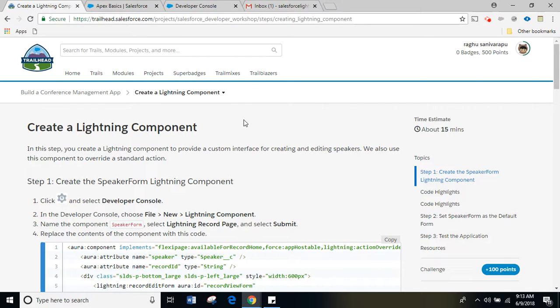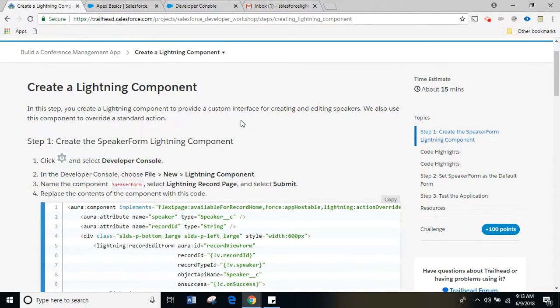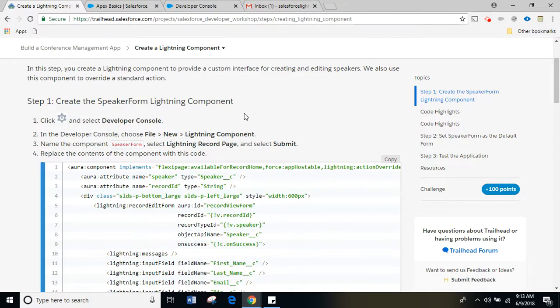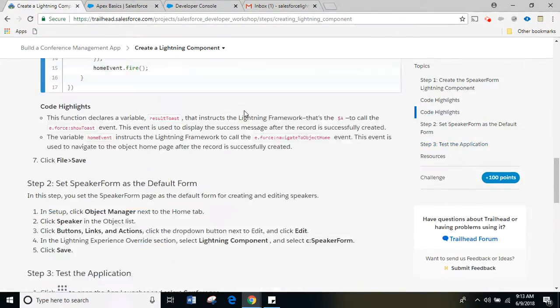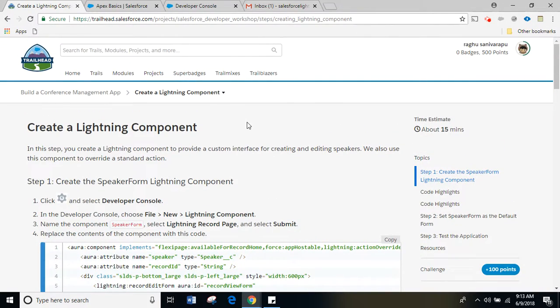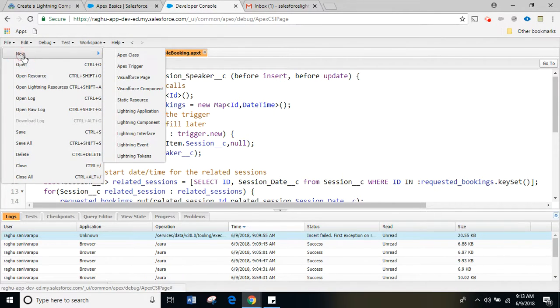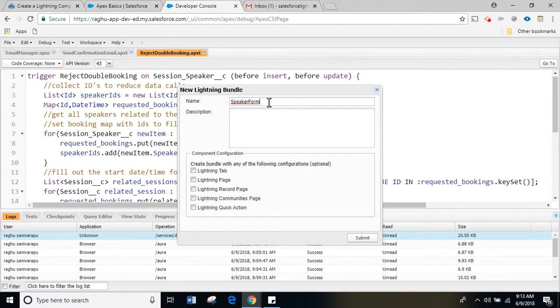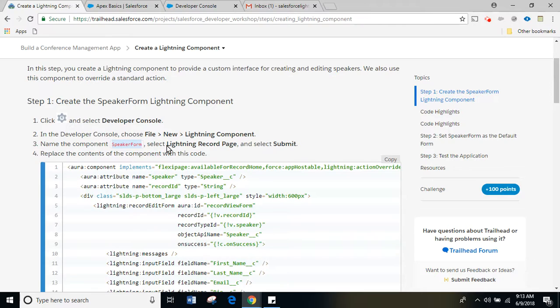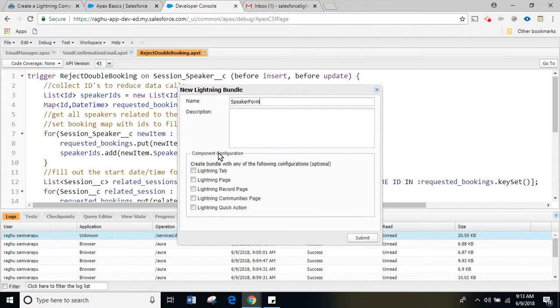Okay, so in this Lightning component, to work on this, launch your Trailhead and go to the developer console, and on the developer console we need to make the appropriate changes. So I'm creating a Lightning component called speaker form. Okay, so developer console, file, new Lightning component, and the speaker form. In the speaker form, select the Lightning record page option, Lightning record page, and hit